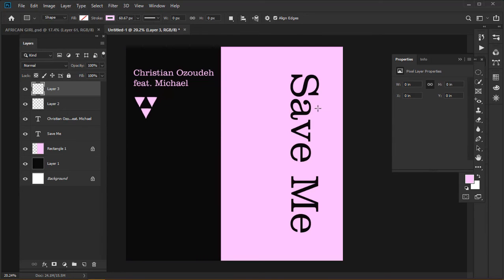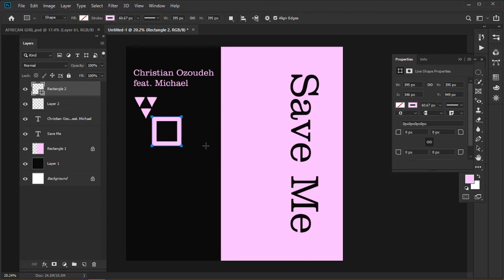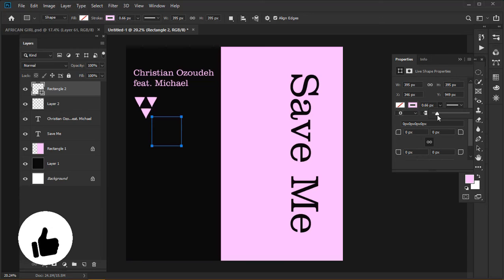When you're doing this, you hold shift so you get a perfect square. Then you reduce the size of the square in the properties panel at the right, or wherever you have a properties panel in your Photoshop, that is your business. So you just try to reduce